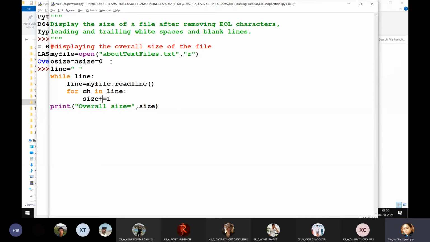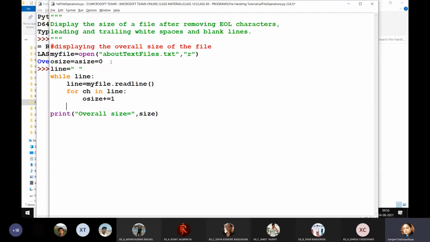So this is O size, and for every character in the line without the trailing spaces, for ch in line dot strip, I'm going to use the strip function over here, A size plus equals 1.